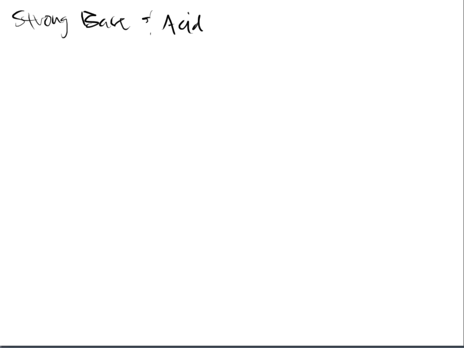So these types of questions are, again, in reference to something that's called a strong base and a strong acid. And that's really all that we've done so far. It's just been strong base and strong acid. So we've not done anything with weak acids or weak base titrations. Those are completely different types of problems. And the only questions that you're going to see in this very first assignment are strong bases and strong acids